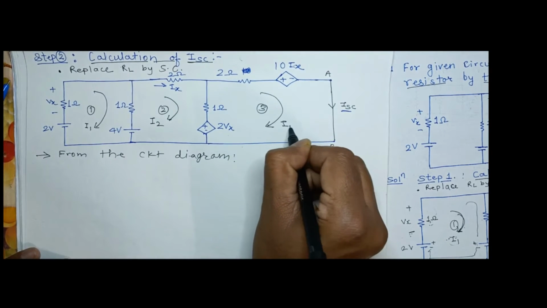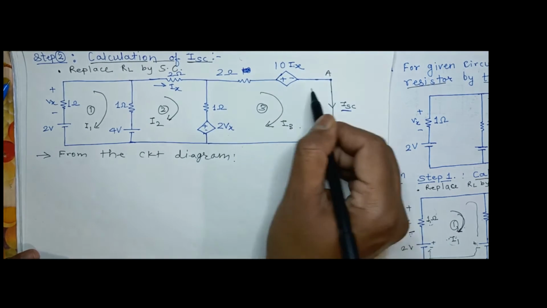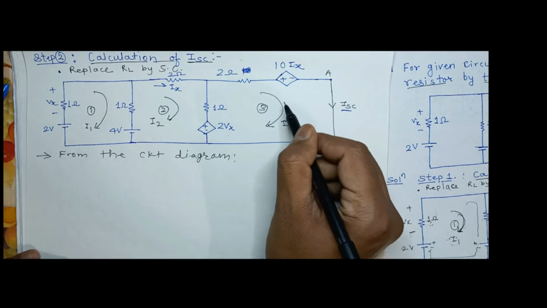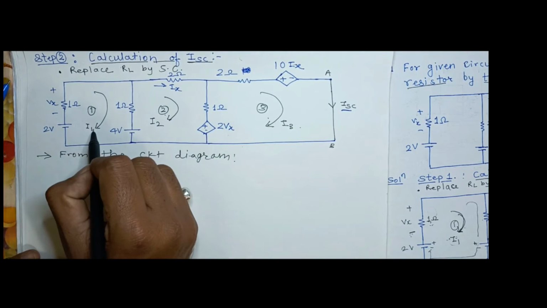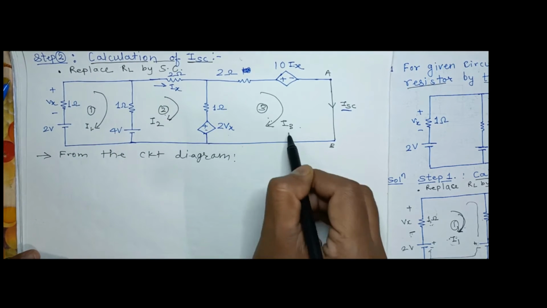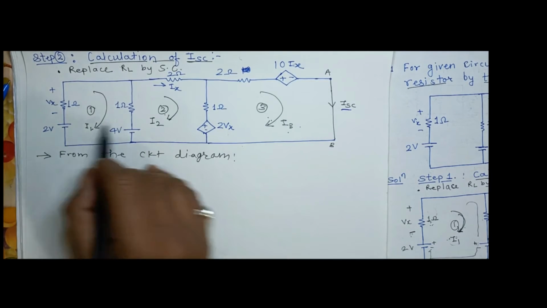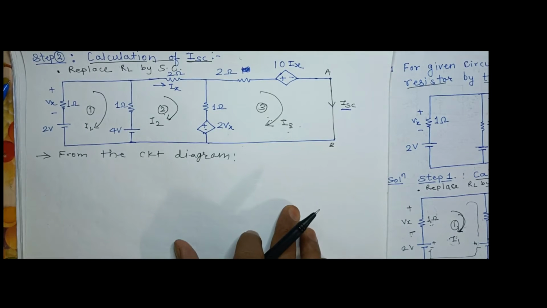Now here we are not considering I3 equals 0 because it is a complete loop. It is not open here, so it is the complete mesh. You can see this is mesh 1, mesh 2 and mesh 3. Mesh 1 current I1, mesh 2 I2, mesh 3 I3. Next, the direction you have to consider is always the same. Do not consider any other direction, only the clockwise direction.